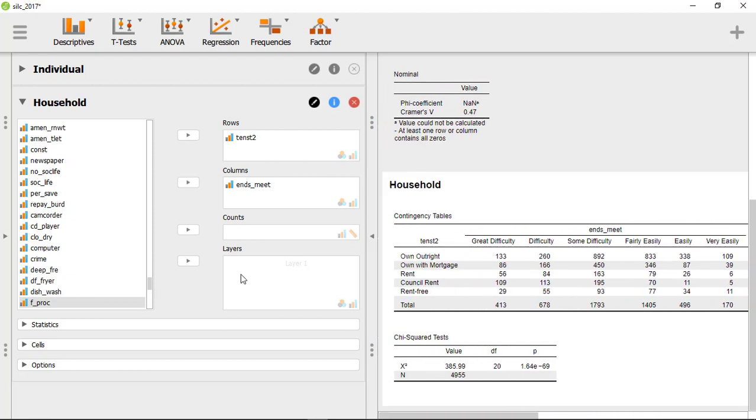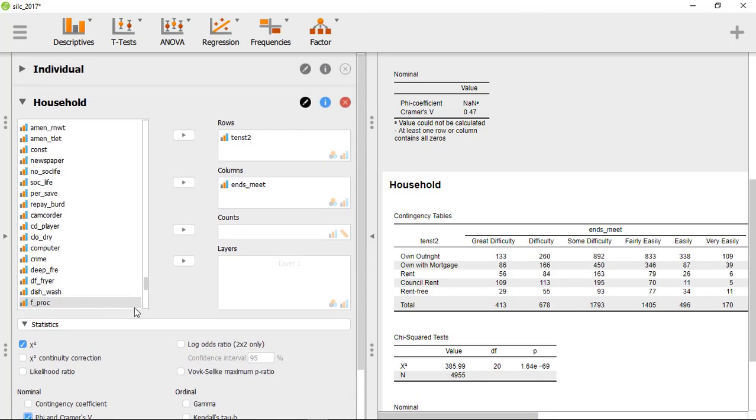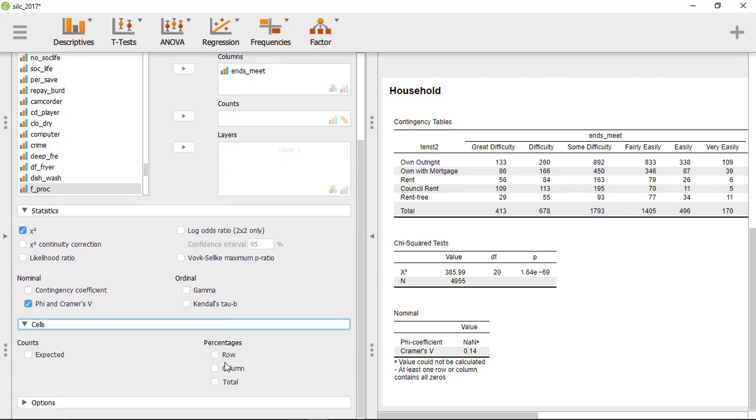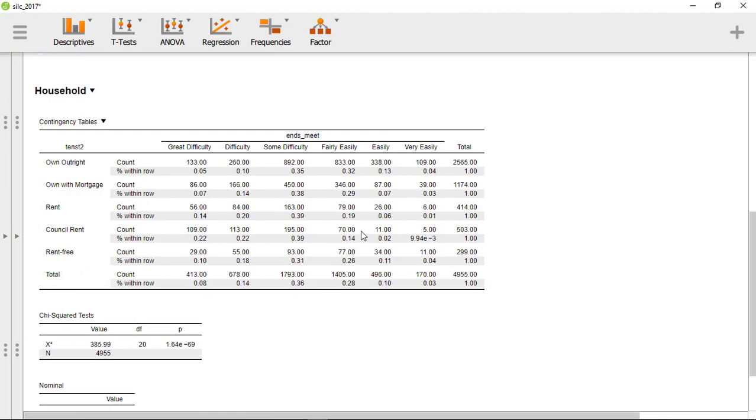Now we also want to add the same settings that we made before, which are to ask it to return some additional statistics in the third table down here, and also to return row percentages. So now looking down through the table, we'll just snap it over again so we can see the whole thing. We can see that, looking across the different categories, of those who own outright, about 5% are in great